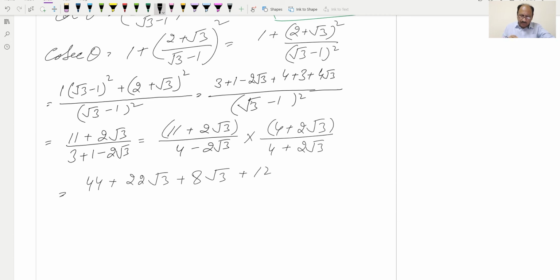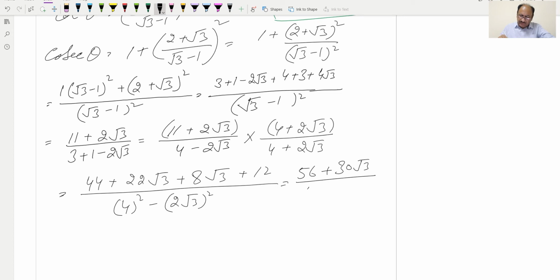In the denominator we can write a squared minus b squared, so 4 squared minus (2 root 3) squared. And this we can write 44 plus 12 will be 56, so we can write 56, plus 22 plus 8 will be 30, so 30 root 3, divided by 16 minus, 2 squared will be 4, 4 into 3 will be 12, so this will be 12. So we can rewrite it as 56 plus 30 root 3